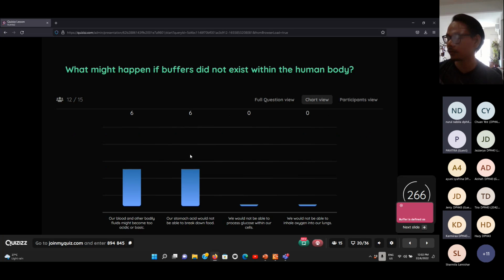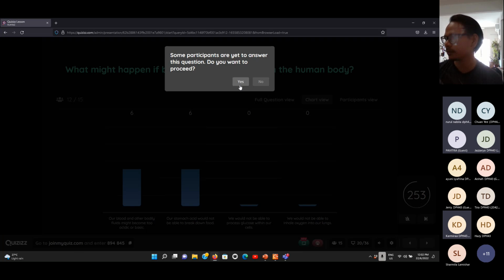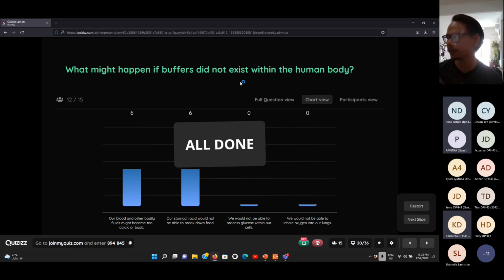Ramai orang kata, oh ada dua kat sini. Blood and body fluids become too acidic or basic. Stomach acid would not be able to break down food. So let's see which one is the right answer. Jawapannya adalah,